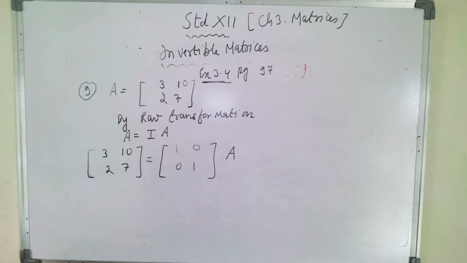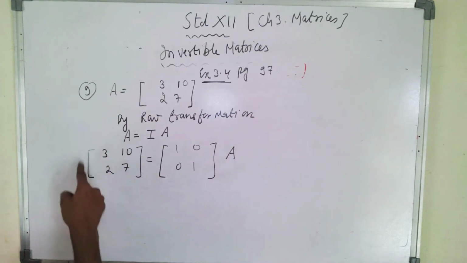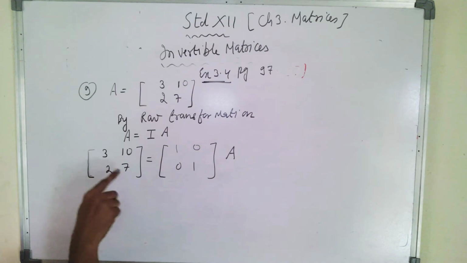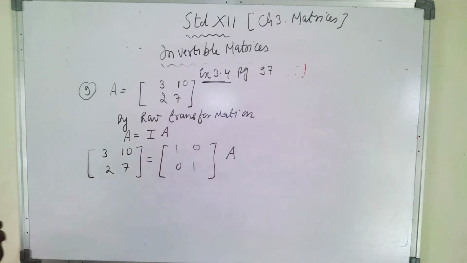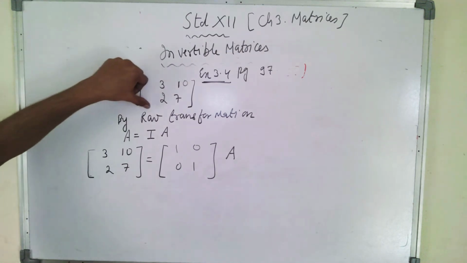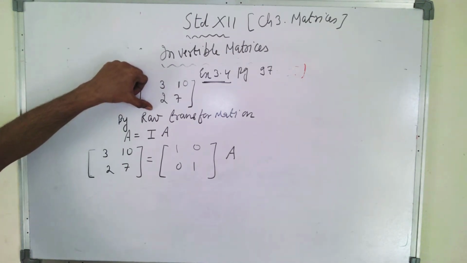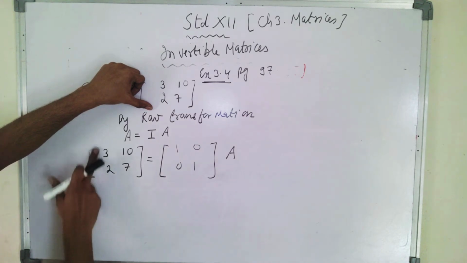Now somehow by the elementary row transformation, I have to convert this into 1, 0, 0, 1, and the corresponding change will give you the answer, the inverse of the matrix. Now since children we are talking about row transformation, you are supposed to hit the column. If it is a column transformation, then you have to hit the row. What do you mean by hitting? Hitting means you are converting that into the identity matrix. That means I am using row transformation, so my job will be to hit the column.